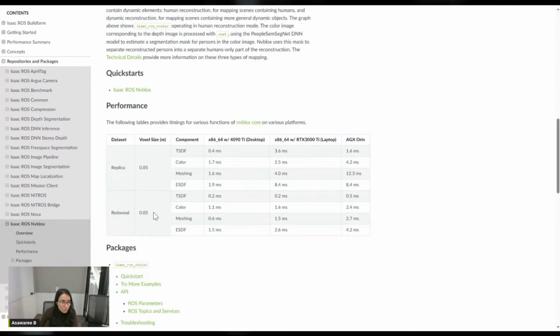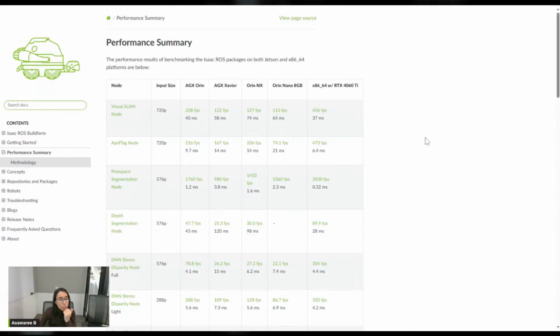And so for this particular voxel size, 0.05, you can set this with the voxel size parameter, which I believe we discussed. These are just some of the speeds given to be able to reconstruct. So this table is especially helpful. There's also, I believe, a performance summary that is not unique to just Isaac ROS Nvblox, but covers all the Isaac ROS packages that are out there. So this just gives a comparison of the different